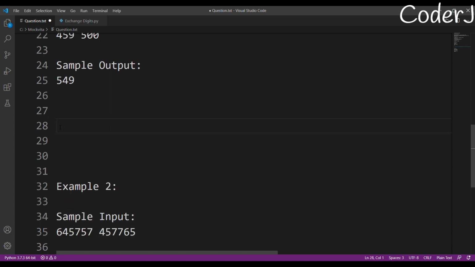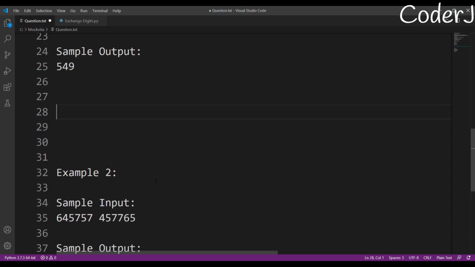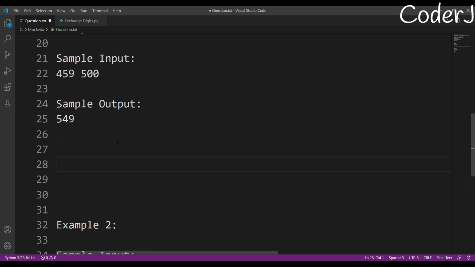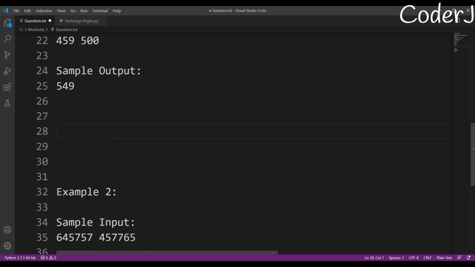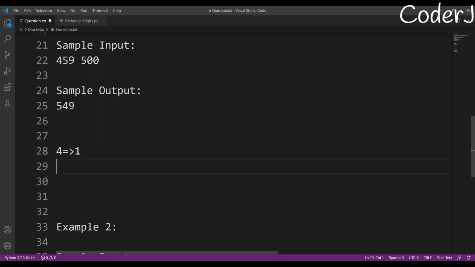But we also won't go for a very optimized approach. Let me tell you a very optimized approach for this question, with which you can get done in linear time complexity. You can just make a dictionary and calculate the frequency of all the elements that come. Suppose I have to create a number greater than 500. I'll have the frequency of all these digits: 4, then 5, and then 9.